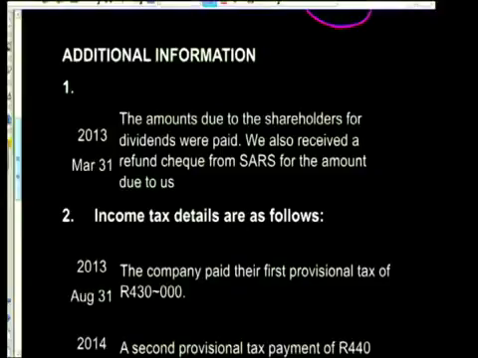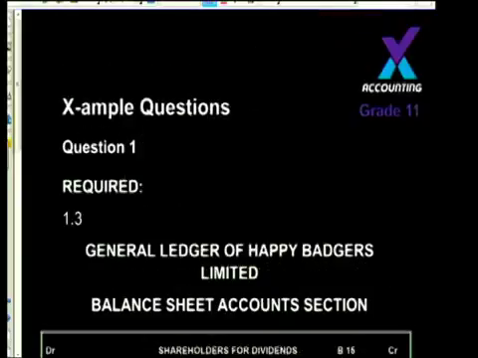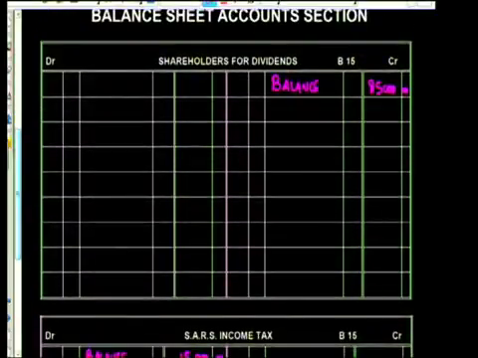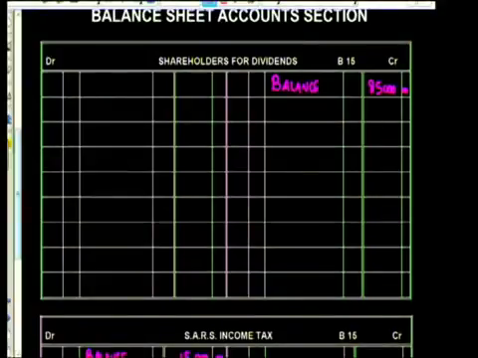Okay, so what have we done? We've put our necessary balances into the ledger accounts. Now let's go on to the information. The amounts due to the shareholders for dividends were paid. Therefore, immediately we go to my ledger account. There's my shareholders for dividends. The amount was paid. In other words, what was my double entry? A debit to shareholders for dividends, a credit to bank, and therefore we've paid this amount obviously from our cash payments journal, and the amount is